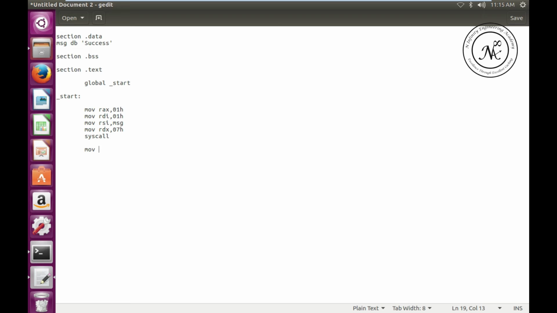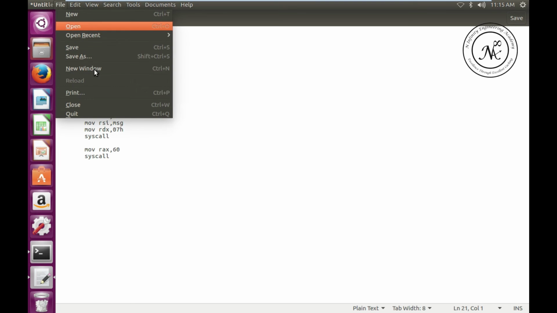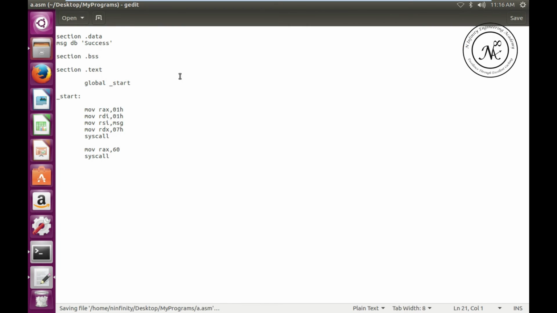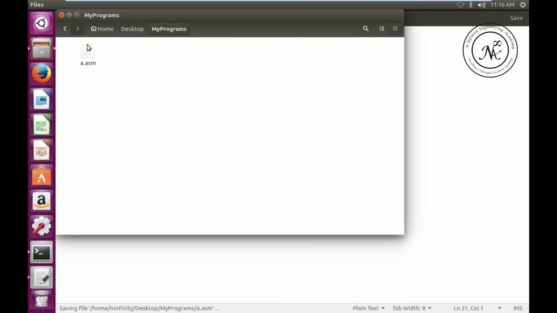Again mov rax, 60, syscall. My code is ready and I'm saving my code inside a directory called programs on the desktop with the name a.asm. So if we observe my programs directory, we have only one file, that is a.asm.